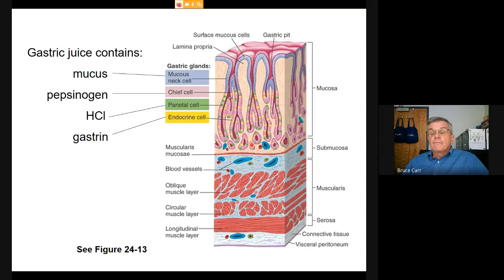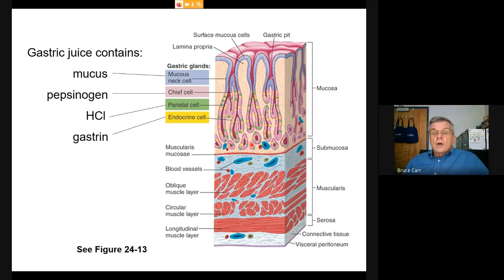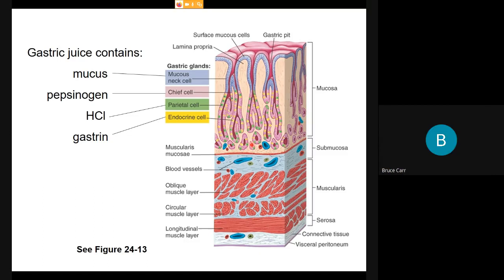Finally, gastrin is shown being produced by the cells shown in yellow, the endocrine cells in the mucosa. Gastrin is a regulatory hormone. So the presence of gastrin, or the passage of gastrin out of a region of the digestive tract, will have feedback implications through the plexus of nerves that communicate between different sections, and will have effects on everything from secretion to the activity of the muscular layer